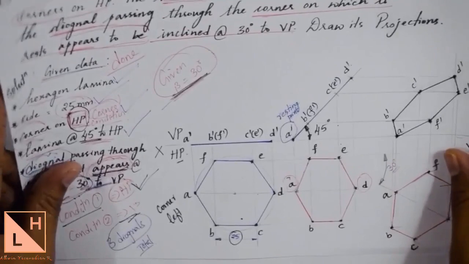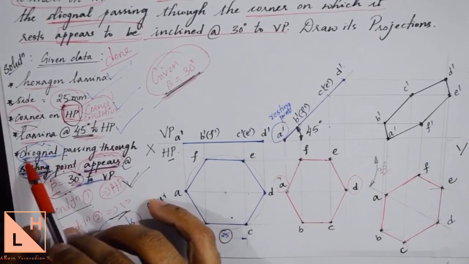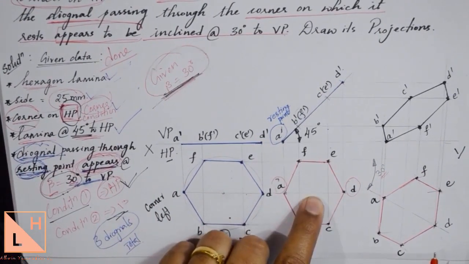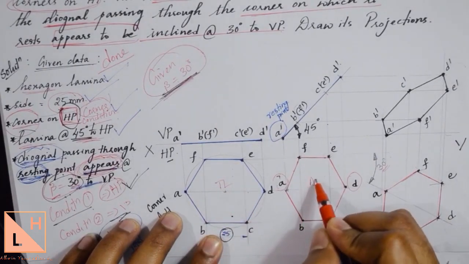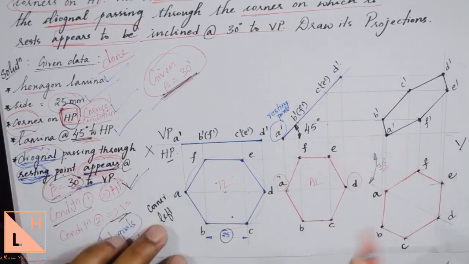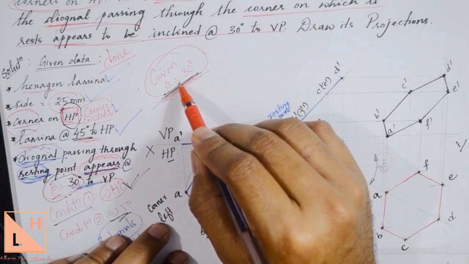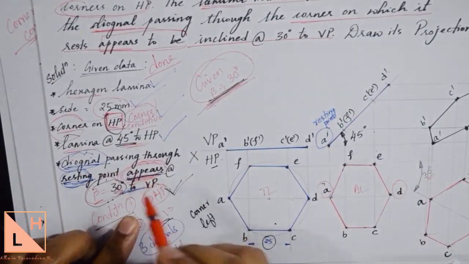And the third type of problem what we saw is the very first problem what we did, where again the diagonal is given. So you need to check the length of diagonal in first and second position. Though it would have been changed, you will have true length here and you will have apparent length here. The length would have been reduced, but we have not found out beta here because the beta is already given in the problem. How did we identify that beta was given is that you see that the word appears to be will be given in the question.